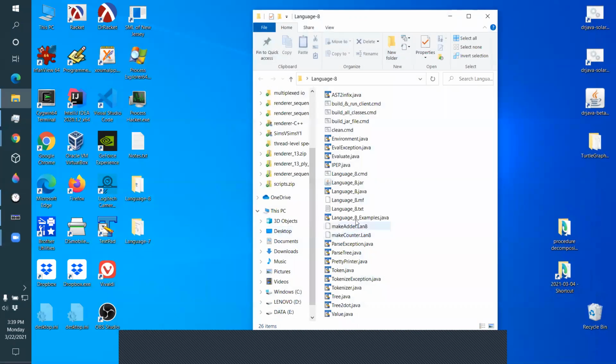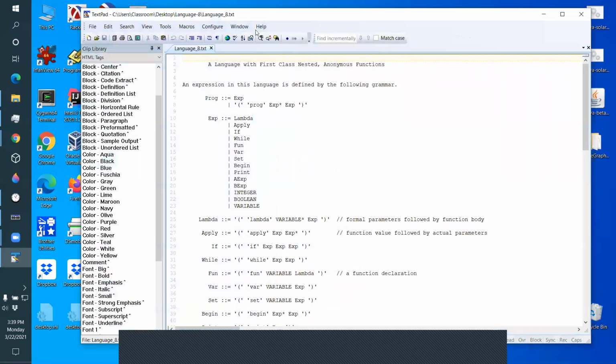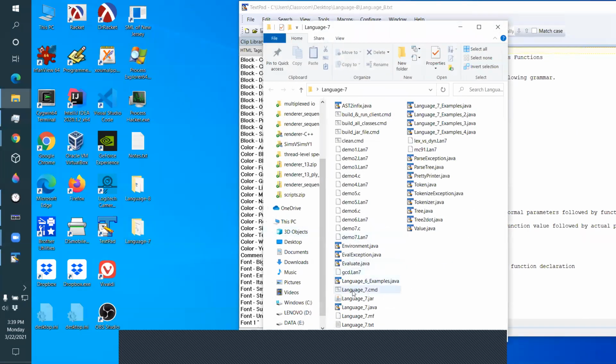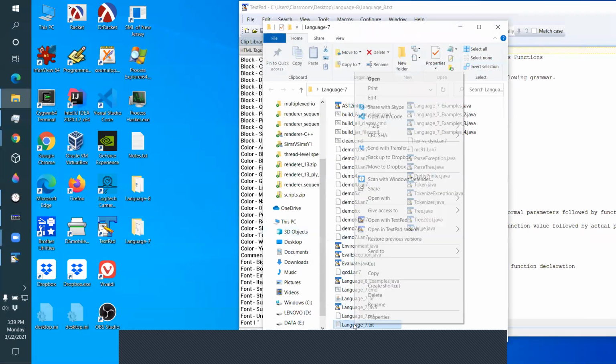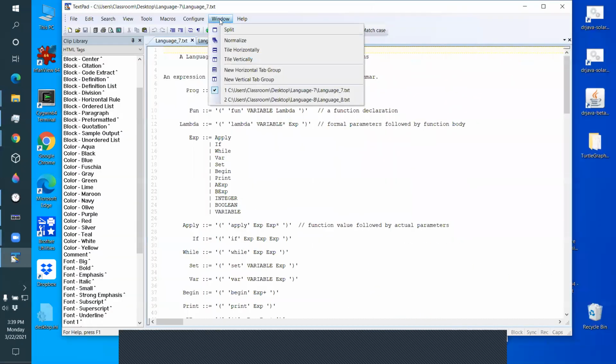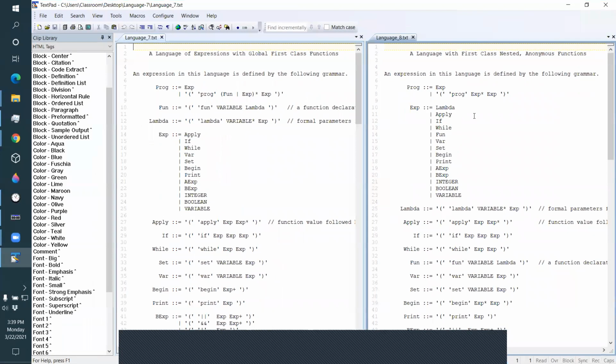So here's the grammar for language 8, and here's the grammar for language 7. What we emphasized last time was that there's more or less just one change, and the change is that lambda